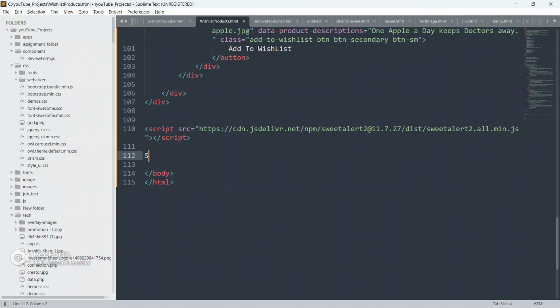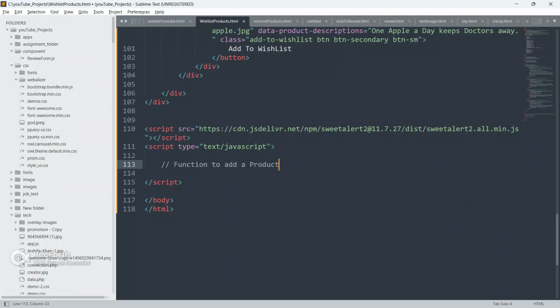So below this I'm gonna create a script element. Now we will write our JavaScript inside this. So guys, pay attention, because I am gonna write JavaScript now. First of all, I'm gonna write a comment, and it is a good practice to write comments in your code, in your application, in your programming.